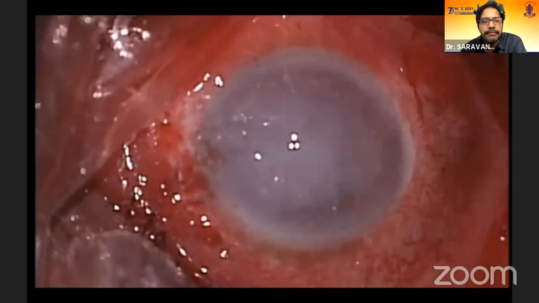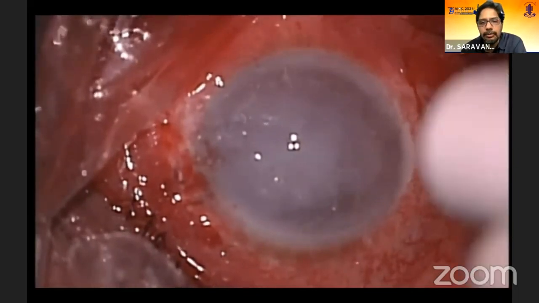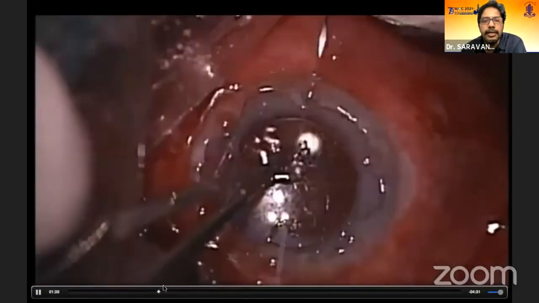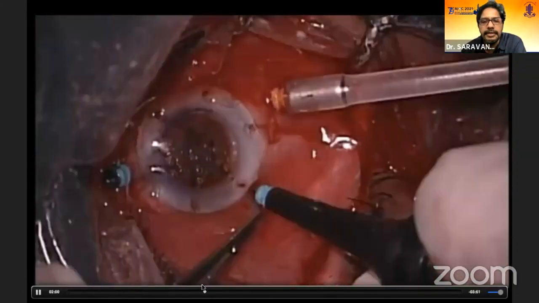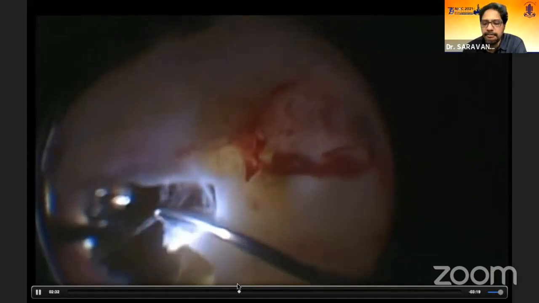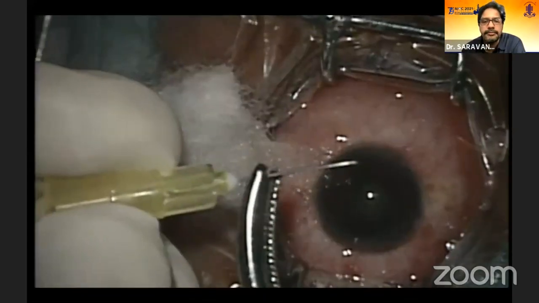When you have a cluster, sometimes you end up with severe corneal involvement, and doing a vitrectomy in these eyes can be a little difficult. You may have to go for a temporary K-Pro in these eyes to deal with a very severe presentation, like in this case, where there's a significant infection following cluster.